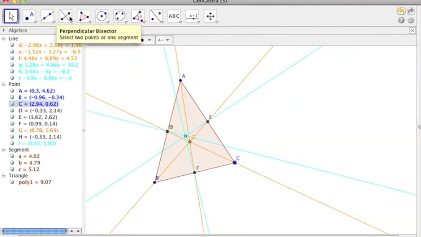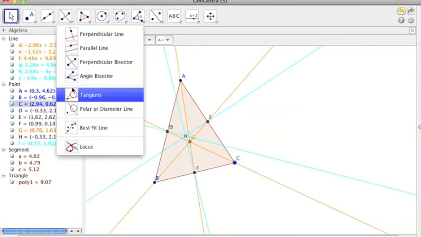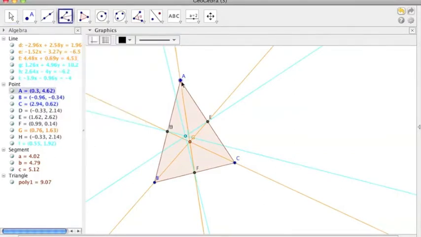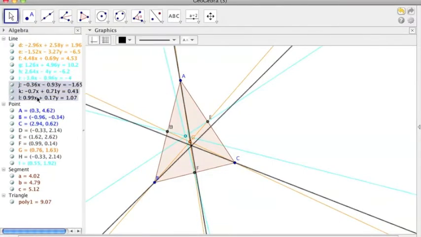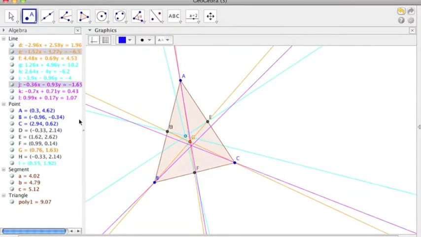You have to go clockwise around the figure to get the angle bisector in the right spot. So you'll see I'll click on each vertex and then get an angle bisector. Once I have all three angle bisectors, I will now have the in-center, and I'm going to color coordinate it